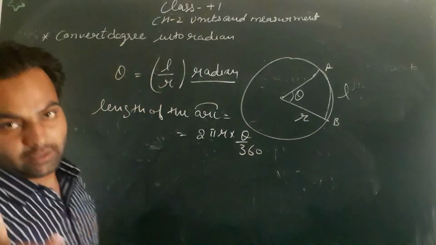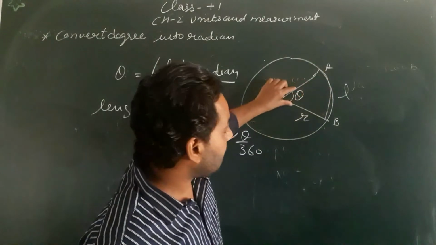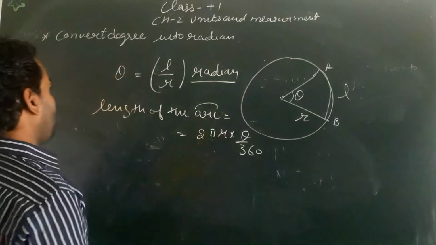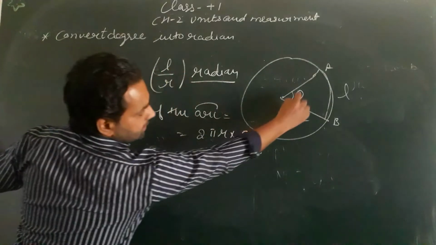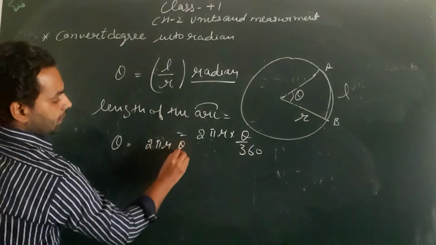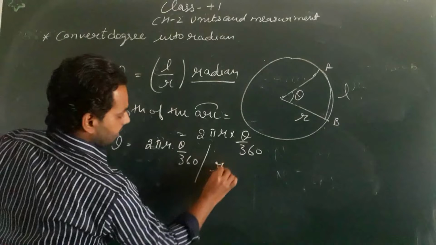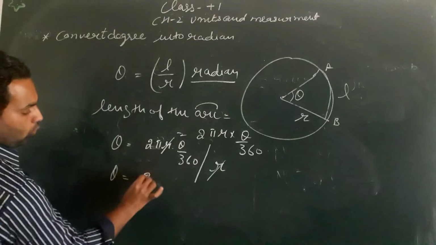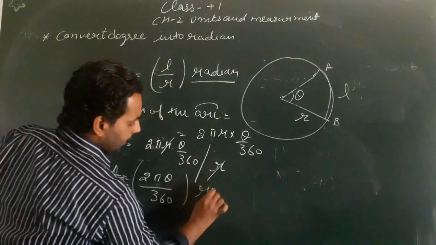This we have discussed in class 10th कि अगर आप किसी भी आर्क की लेंथ फाइंड करना चाहते हो और आपको एंगल पता है तो वो होता है 2 pi r theta divided by 360. So now what angle is subtended at the center? That is theta. What is the length of the arc for this arc? That length is equal to 2 pi r theta by 360 divided by r. R means radius. So when we divide it, this r cancels with this. So theta comes out to be 2 pi theta divided by 360 and whole there is a radian.